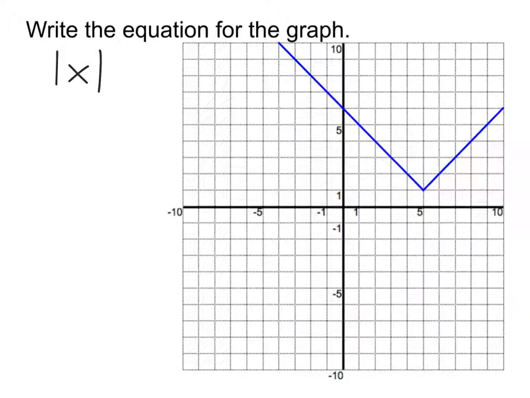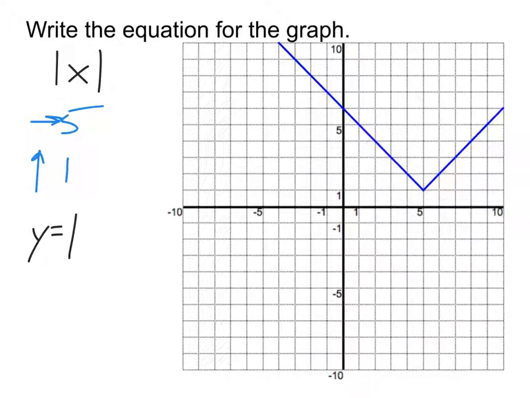x. But of course, absolute value of x, if that's all it were, it would actually be a V sitting over here at 0, 0. This one's been shifted. All right, so it's specifically been shifted right 5 and up 1. So it's just a matter then of how do we write an equation for absolute value of x that's been shifted right 5 and up 1. All right, so start with the y equals,